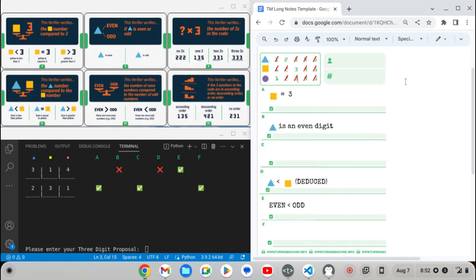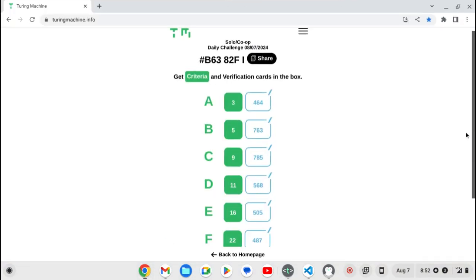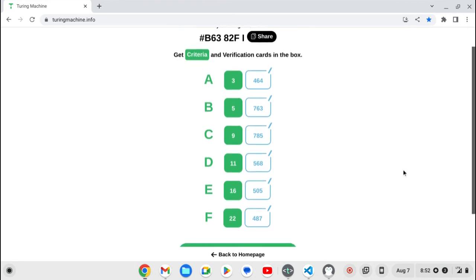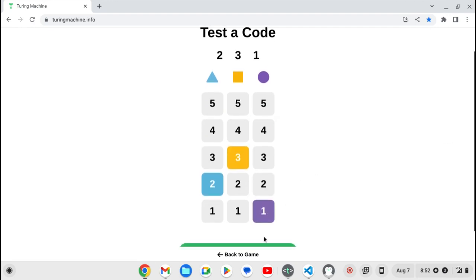All right, so it looks like our solution is 2, 3, 1. So let's type that up, and then let's go confirm it. So solution 2, 3, 1. Okay, fantastic. But how do we do versus a Turing machine? So let's go,